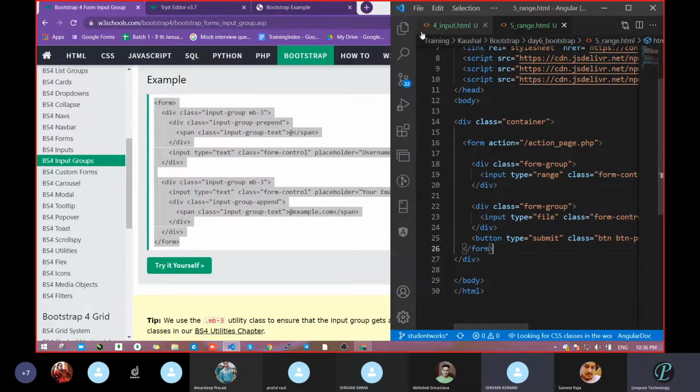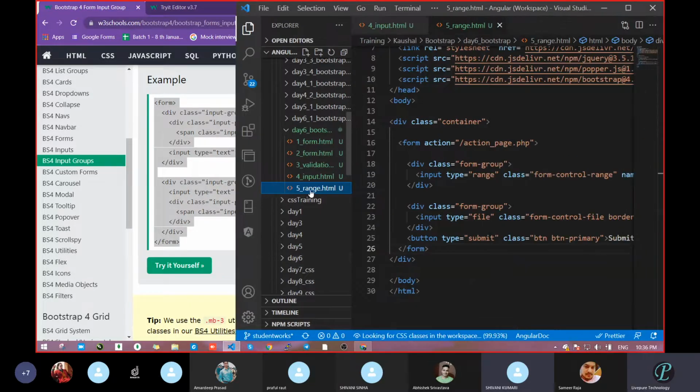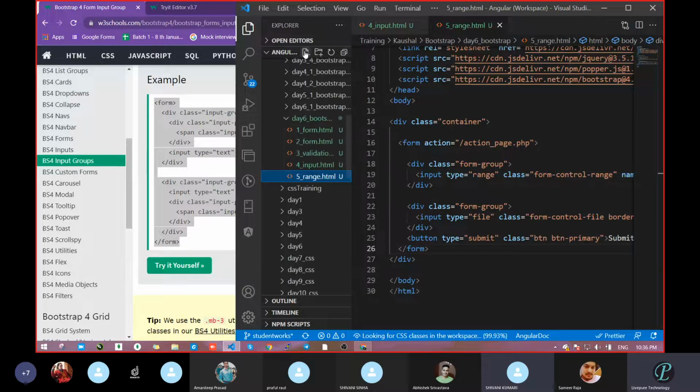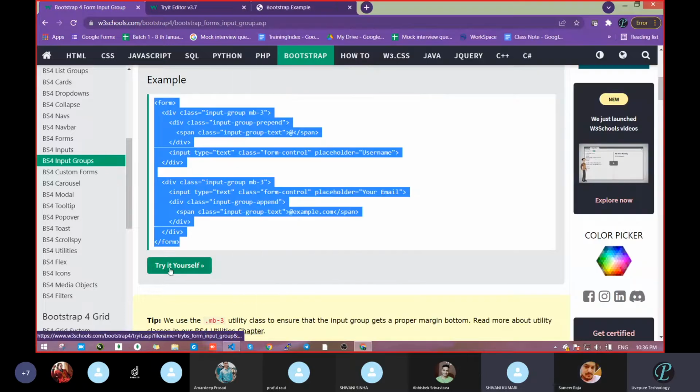I will not take more time on this input field. We already covered a lot because these are all just designing. How can we pass that icon? Any idea? Yesterday, before yesterday, you already passed it. So you can just take one image tag. One second. Here, form group dot html. Fine. I have not taken that. Let it be run.